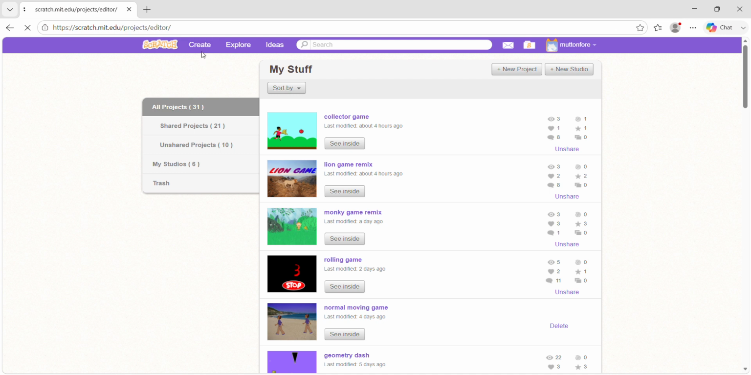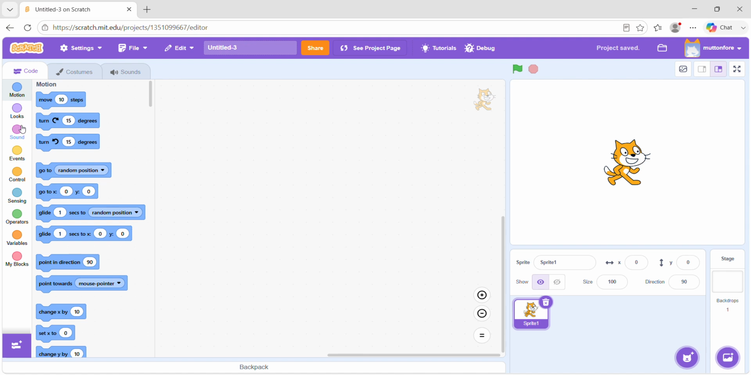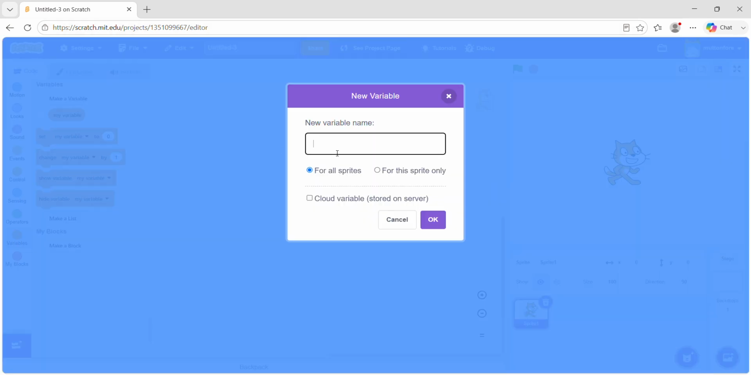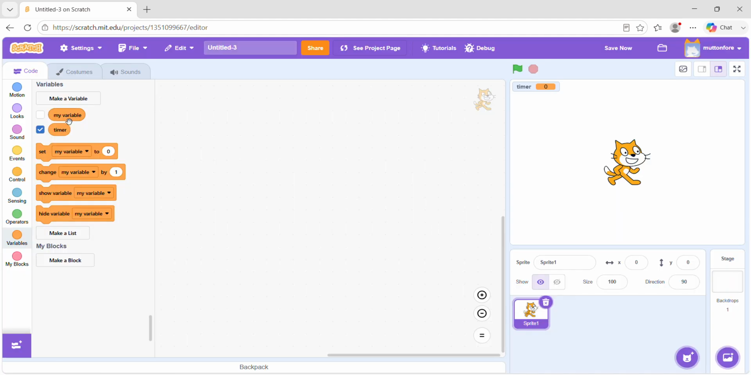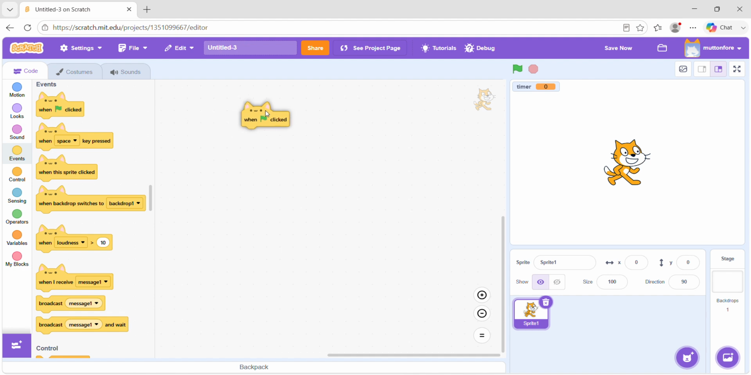Click create, then make a new variable called timer. Then for all sprites, remove the my variable one and say when the green flag is clicked,